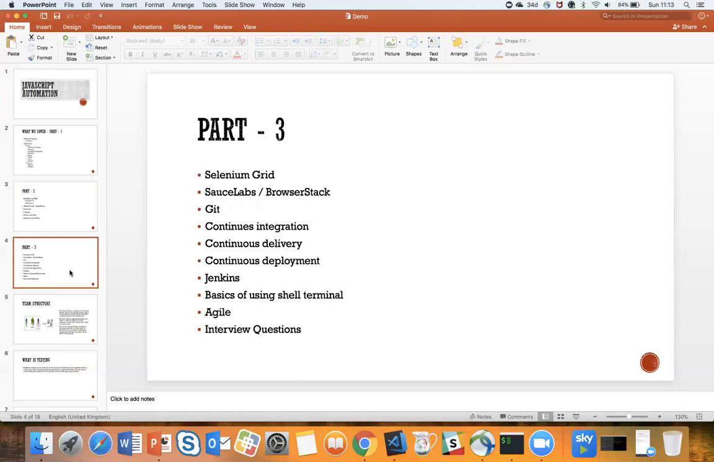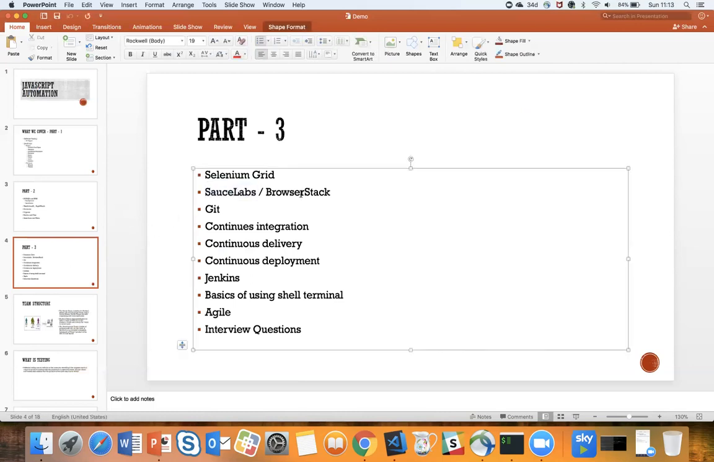What does a grid mean? We're going to cover the concept as well as practice. Then we are going to cover Sauce Labs or BrowserStack, one of these cloud environments or test environments. Internally, Sauce Labs is nothing but a set of Selenium grids. You'll be using a cloud environment to trigger your tests on different machines with different